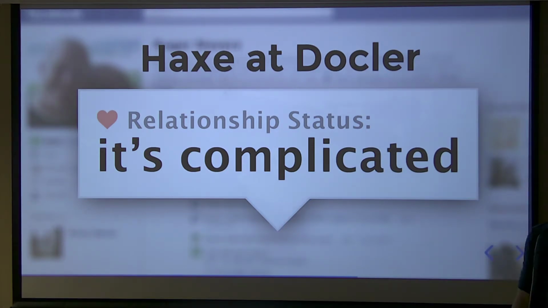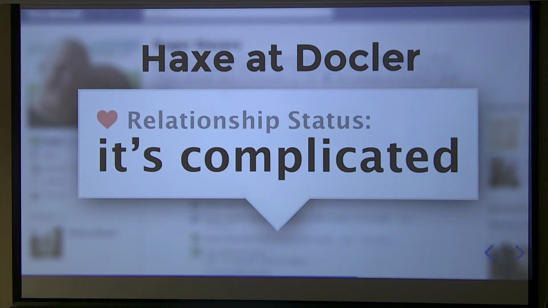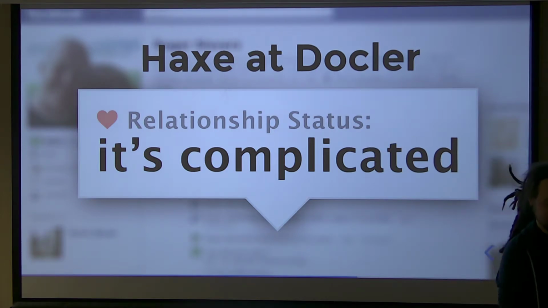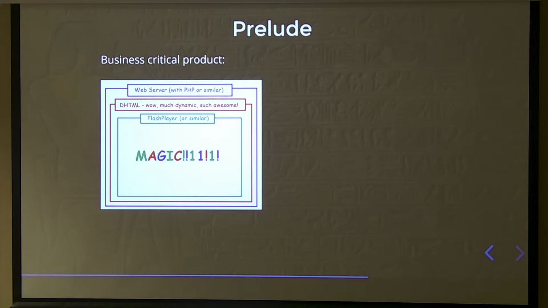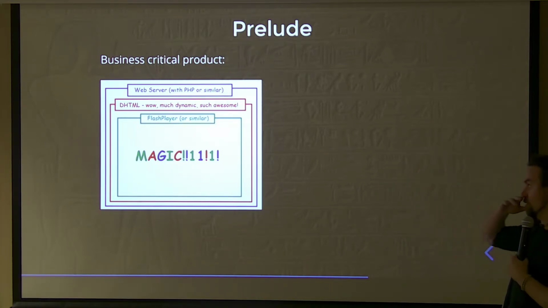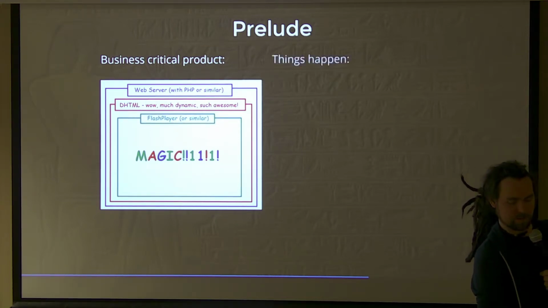And to be perfectly honest, we've had a rough start. But maybe I'll just explain what happened, and then how we got out of it, which I think goes toward showing how great Haxe is. We also had this kind of rich internet application, which is one of our most important products. And then things evolved, and